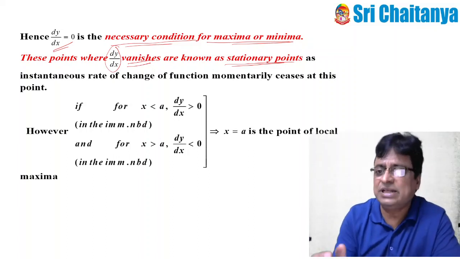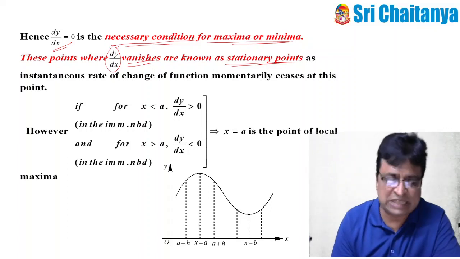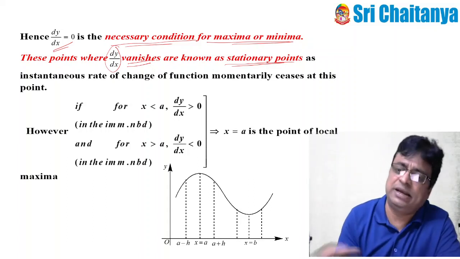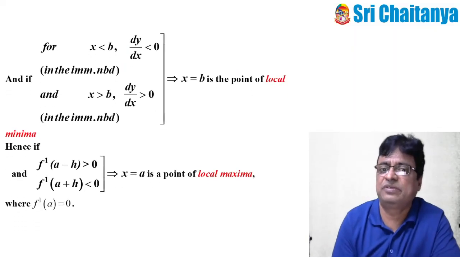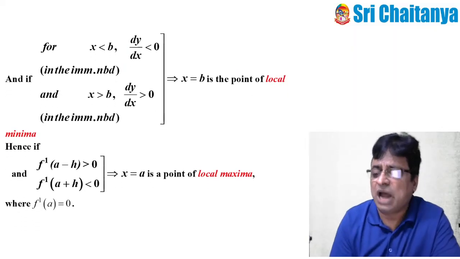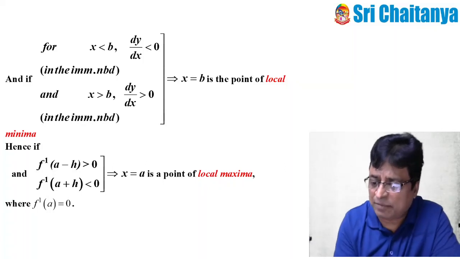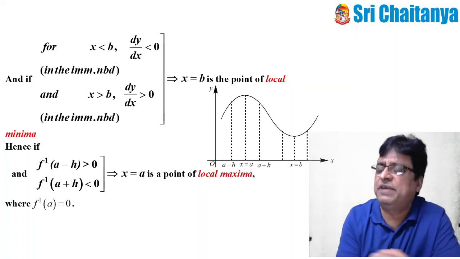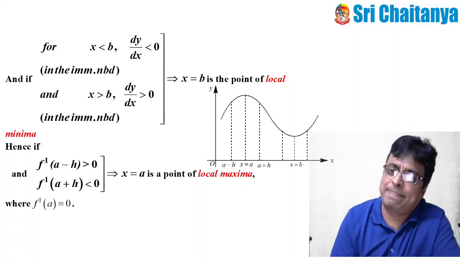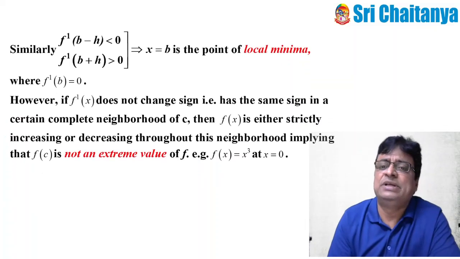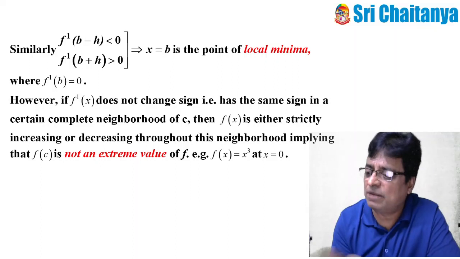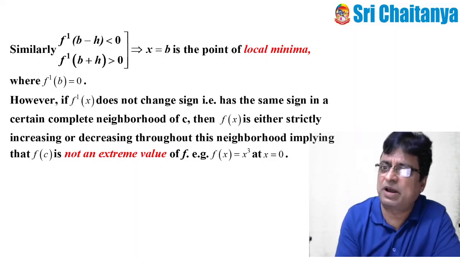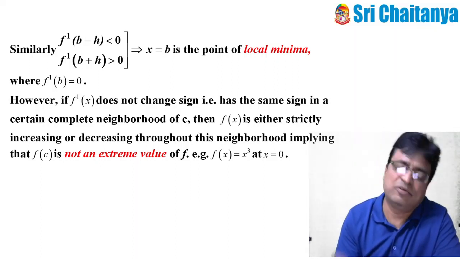See, the same thing that we have explained graphically at a particular point x is equal to a, as well as at x is equal to b. And moreover, my friends, I am talking about continuous curves defined in a closed interval. These are the maxima and minimum values, and they are called local maxima, relative maxima, local minima, relative minima. Clear? Okay.